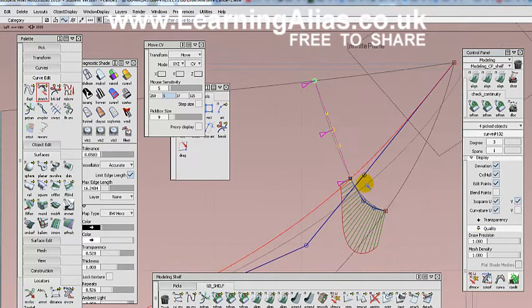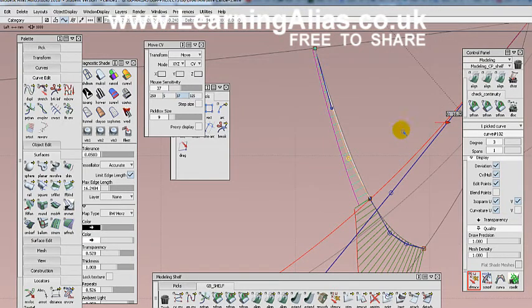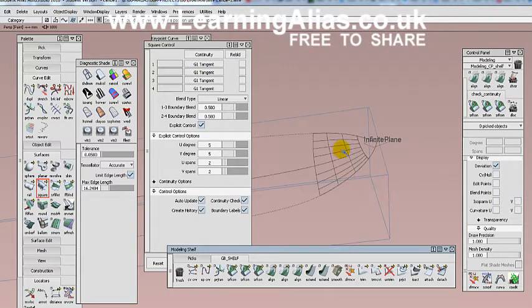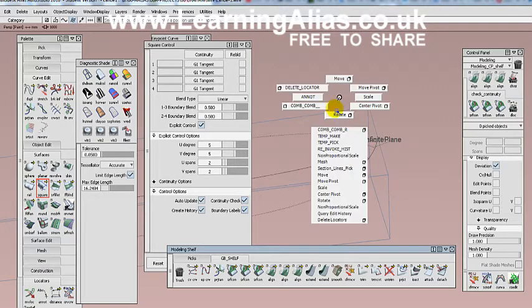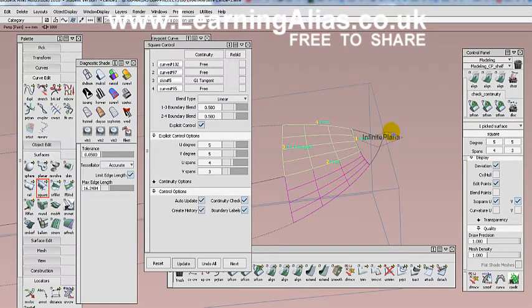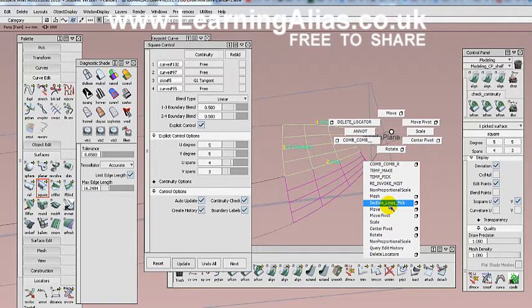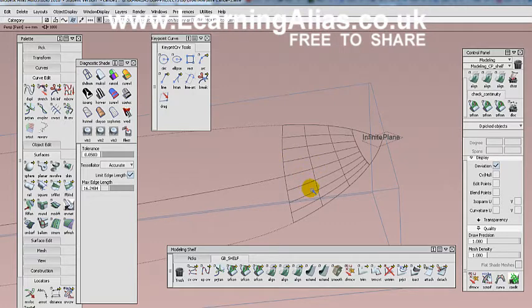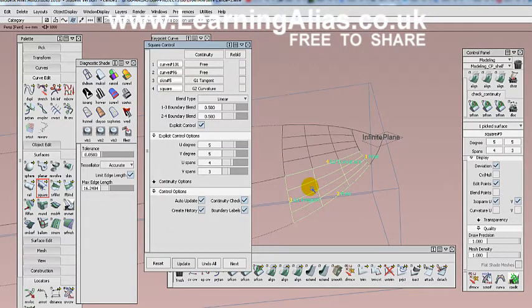To shorten the video, I've built these two squares, but I can pull them back for you so that you can see what they are. This is a degree 5 by degree 5 with 4 spans in this direction and 3 spans in the vertical direction. And then I've gone for a tangency there. Okay, now this is the second surface I've built, and I was able to get tangency there,